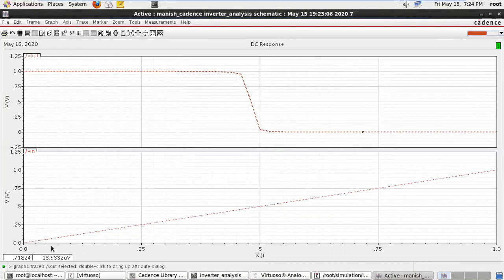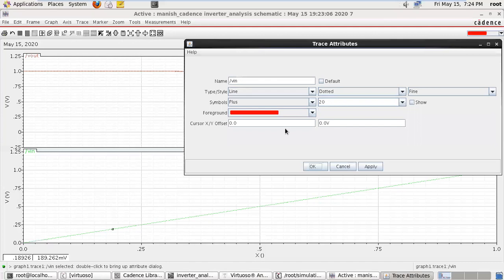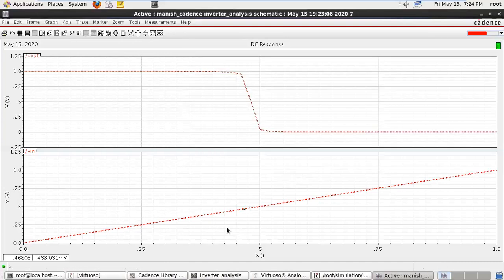In this plot, the input voltage follows the applied voltage X, varying from 0 to 1. So VGS is varying from 0 to 1.